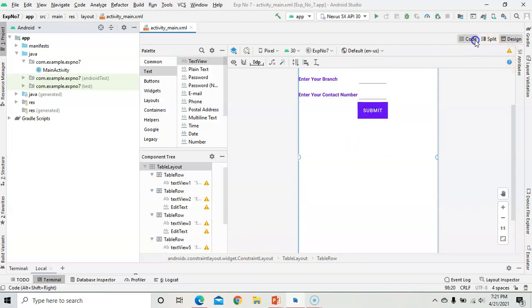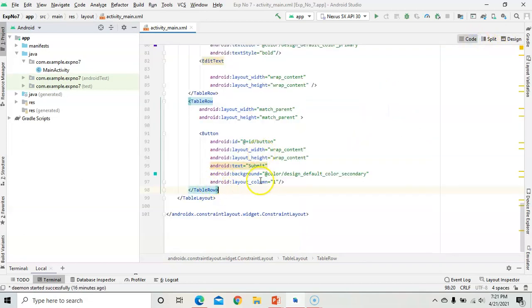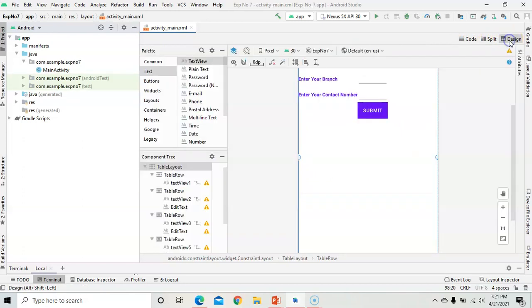So that button will be added in the first column. If you don't add this attribute, then by default it will be added here in the 0th column. But if you are giving some position, then it will be added in the first. If you take 2 there instead of 1, then it will be added here. So this is 0th, 1 and 2. Like this it will be added.